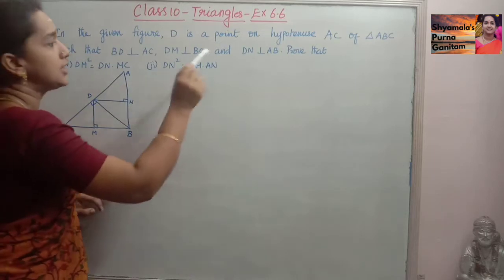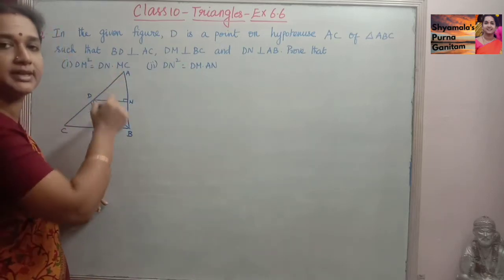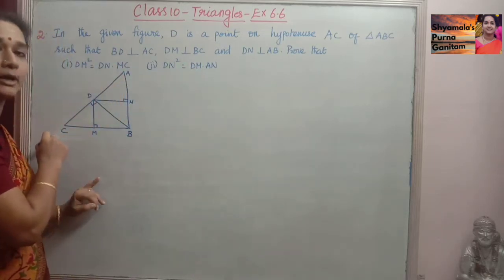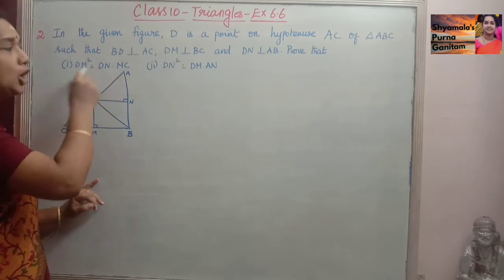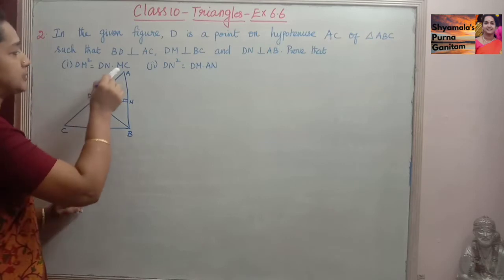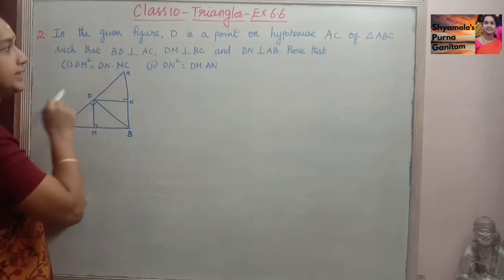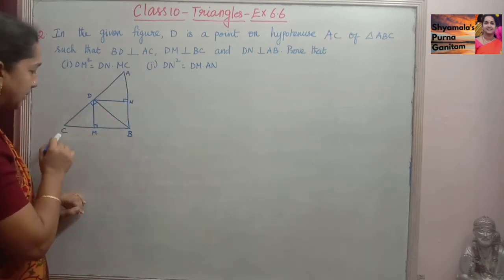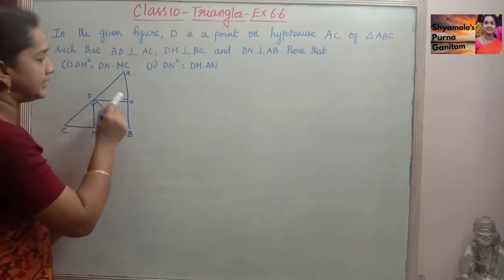Second sum, in the given figure, there is a figure given. D is a point on the hypotenuse AC of triangle ABC. So ABC is there, in that AC is the hypotenuse side and D is a point on the hypotenuse such that BD is perpendicular to AC, that is 90 degrees, and DM is perpendicular to BC and DN